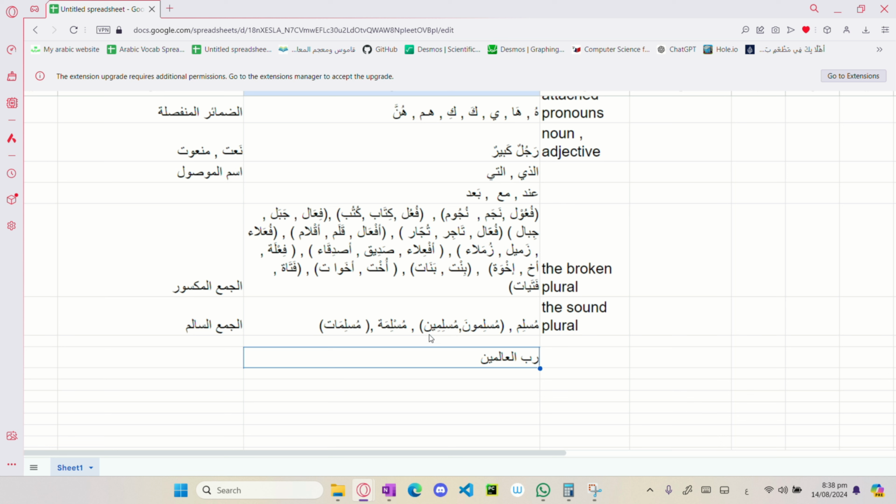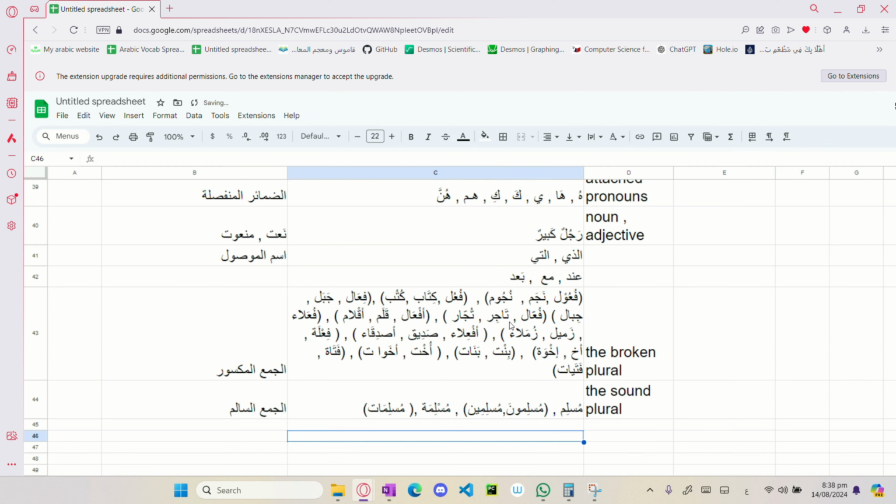And this is the masculine part, and for the feminine part we have Muslima. We will always add a ta marbuta. So Muslima is a female Muslim, and Muslimat is the plural, or many female Muslims. And by the way, we're going to study another concept later about the Jam' Salim al-Muannas, but right now, that's it. Muslimatun, Muslimat. Rabbul Alameen, and this is an example.